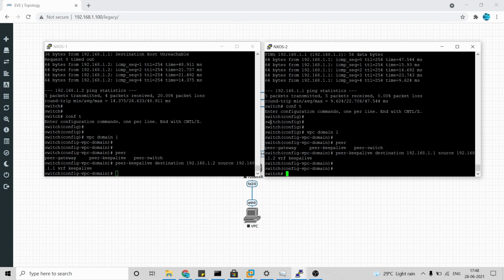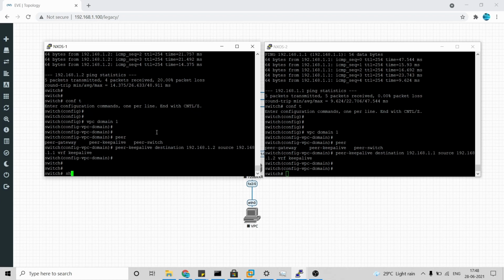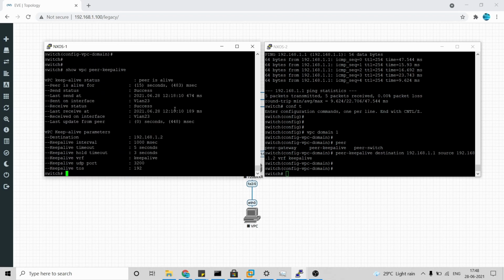Okay, so once that is done, you can see the VPC peer keepalive. The command for this is show VPC peer keepalive. Okay, this is a straightforward command. So you can see here the peer is alive. The same thing should work here as well.